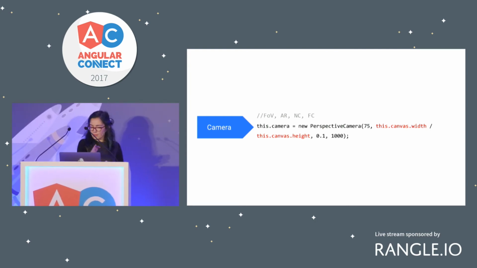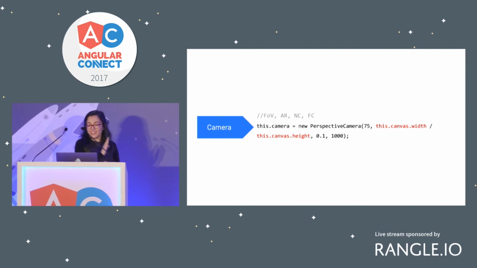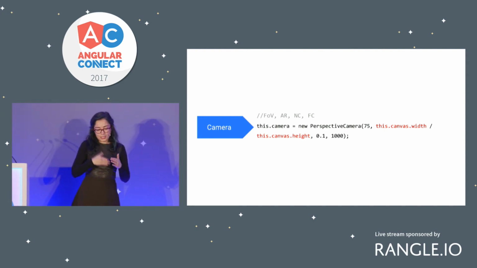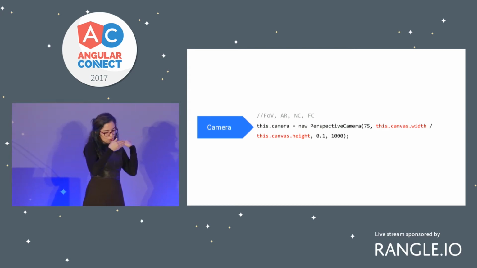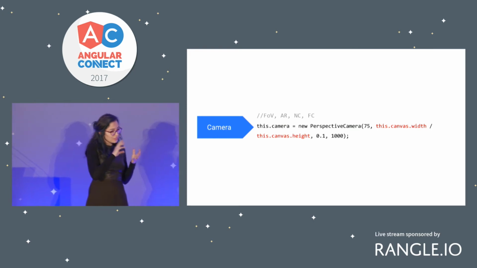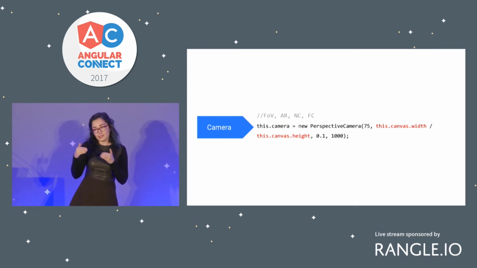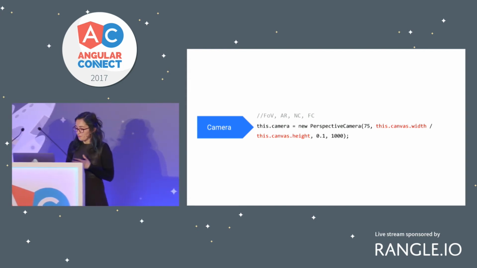First of them is focal, field of view. Okay, good, I remember. And the aspect ratio, near clipping, and the far clipping. And near clipping is what you don't see closer to the camera, and far clipping is what you don't see after that certain point in the camera. So you don't want to constantly be rendering everything inside your camera's view, so you want to limit it for efficiency and sometimes to hide things too.